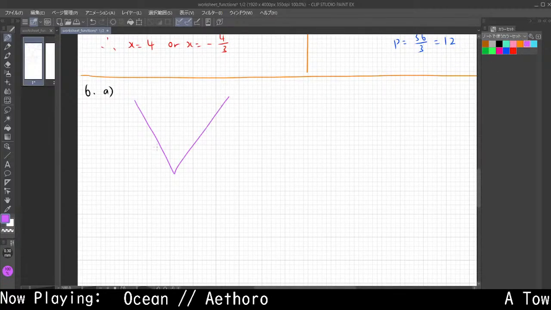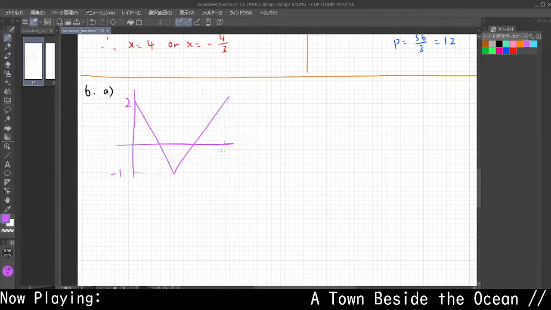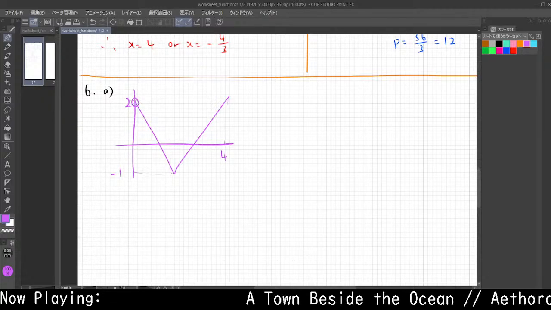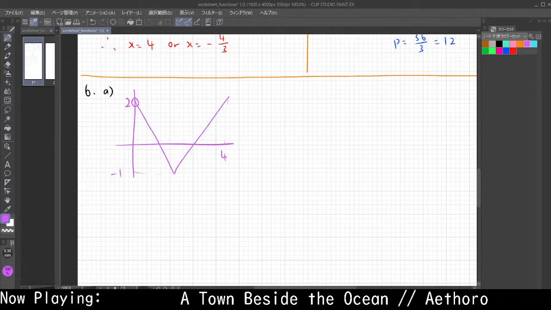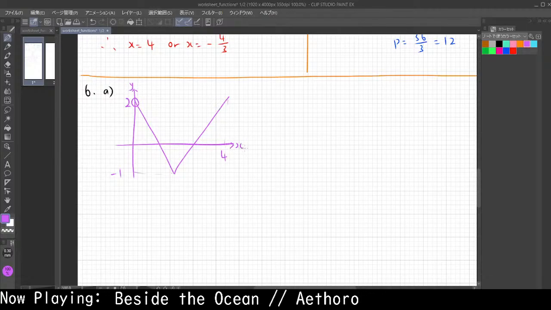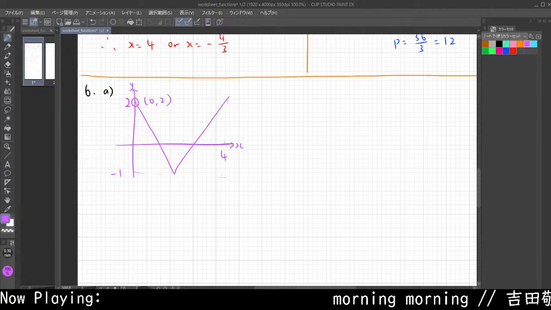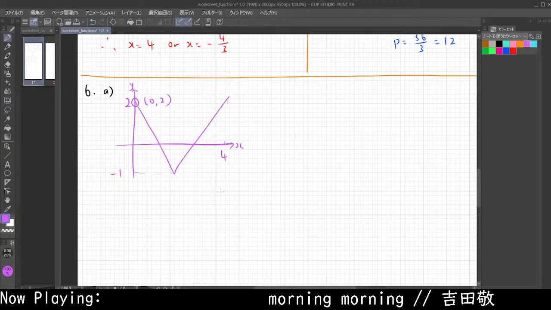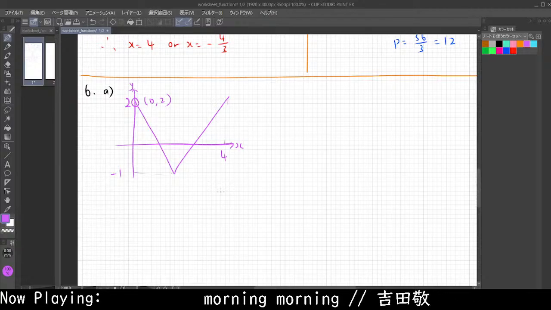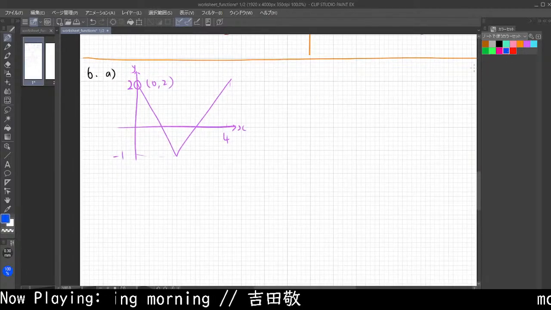Let me just do a rough sketch. The only point that you actually know the exact coordinates of from the graph itself is your y-intercept over here, because your graph passes through the y-axis, and this point is basically (0, 2). (0, 2), not the other way around. Okay, (0, 2). And this will be the first point and the only point for now that you can use. Therefore, substitute